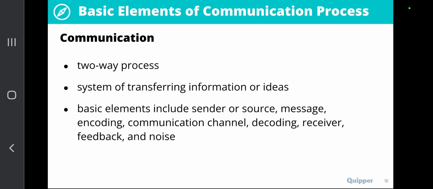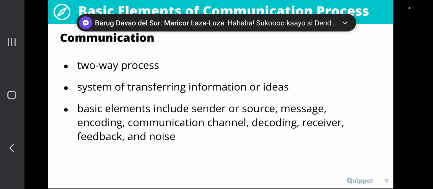So now there is the process. If we break it down, I am the source or the sender of the particular message, which in this case is the class policies, the class protocols, as well as the point given, the extent of your freedom to negotiate and to communicate with me. That's the message. I encoded it through the different mediums that we were able to communicate with, whether it was our Google meetings, whether it was in the group chats and classes in Quipper, or our group chats in Messenger or other